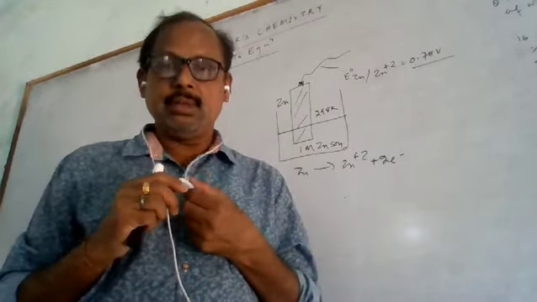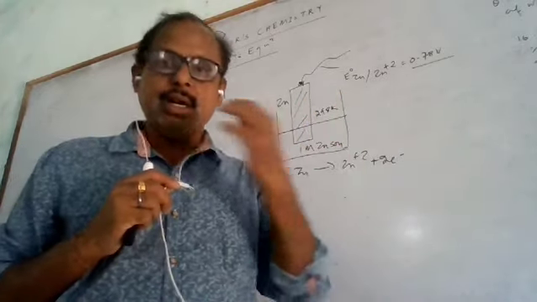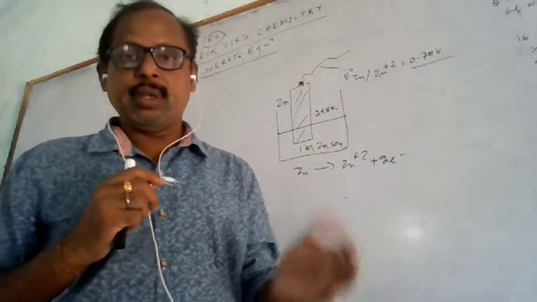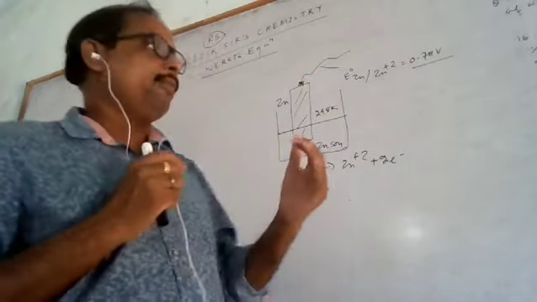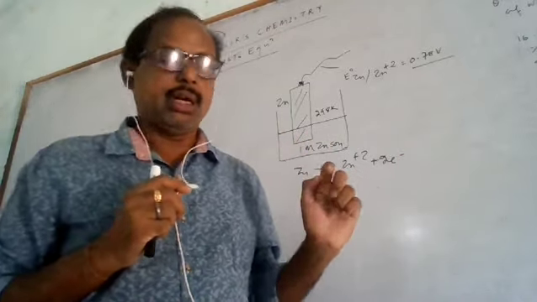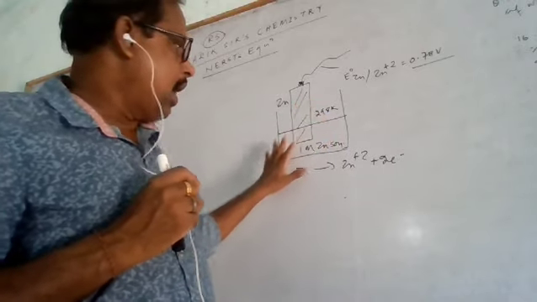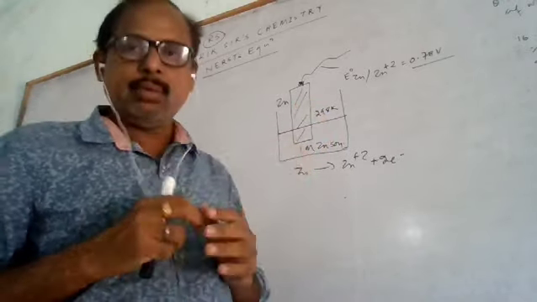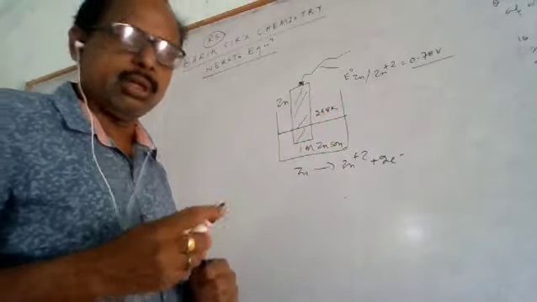This way, the single electrode potential is not determined because oxidation and reduction never take place independently. So whenever it is connected to a standard electrode, like the SHE, like the calomel electrode, like the silver electrode, the electrode potential is determined, that is the standard electrode potential. Try to understand: when the temperature is 298 Kelvin and the concentration is 1 M, then the electrode potential is called the standard electrode potential.